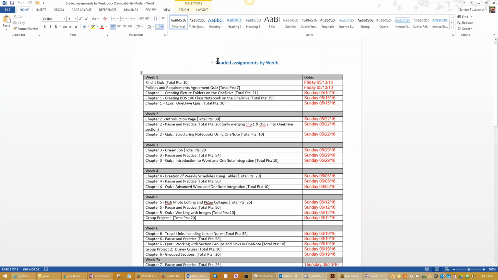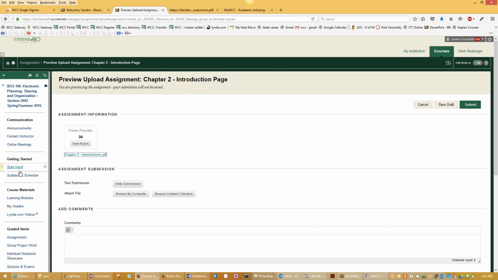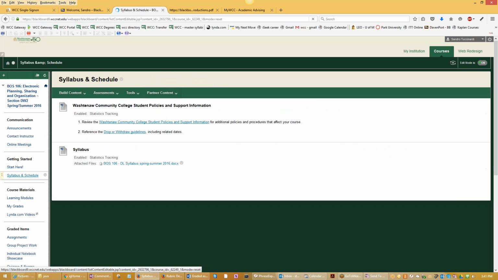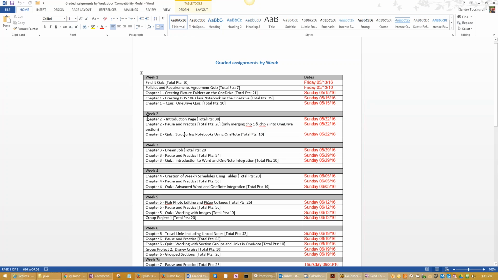Really use this sheet, the graded assignments by week, which you can always find. Let me show it under the syllabus and schedule. And this is the graded assignments by week. So this is where you can get this document. So you're making sure that these are the only graded assignments for week 2 and week 1. So if you tackle them one by one, and these are the due dates, they may be different. I'm going to use this video for several semesters, I'm sure, so yours might be different, but just focus on